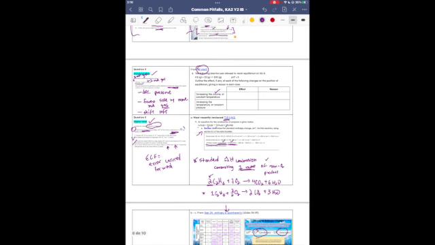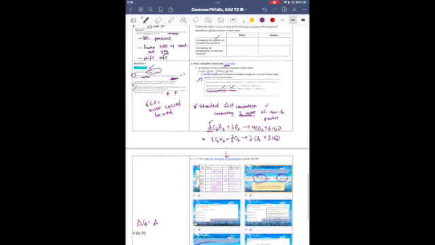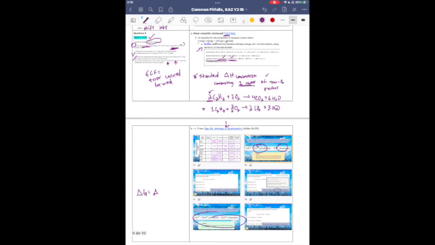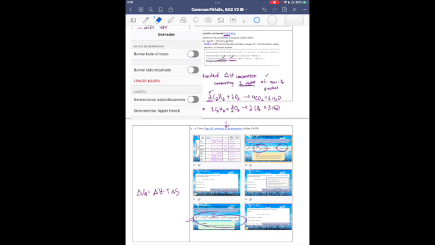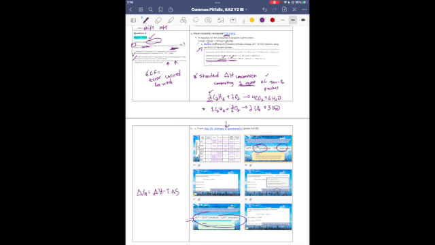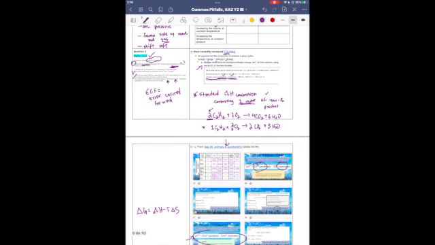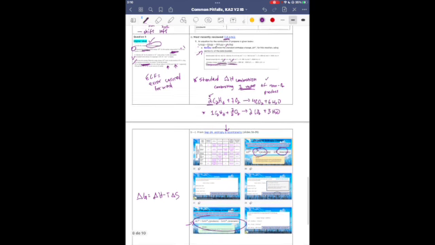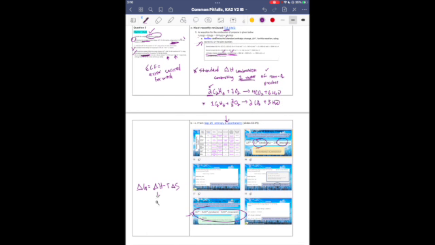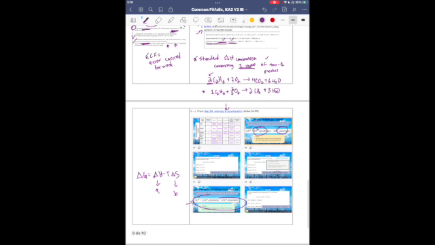Delta G equals delta H minus T delta S. The question asks us to use the enthalpy and entropy, and in A and B we just found enthalpy and entropy, so we're going to use those answers to A and B to answer the question. And so we found this in A, we found this in B. So just plugging in your answers, the two things that I saw there,